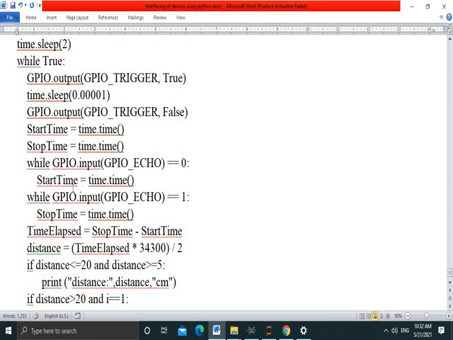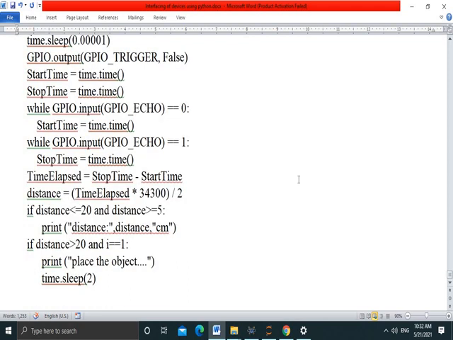We use the time.time function, and when the wave is received, we check that echo is 1, then record another time. So two times are obtained in programming, the start and stop time.